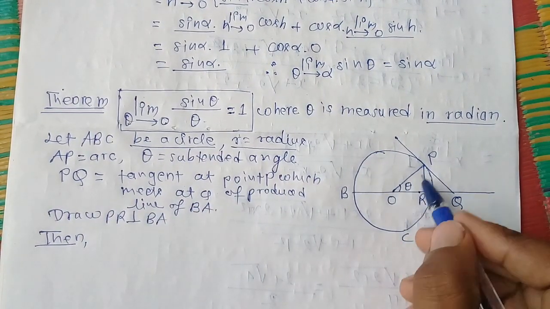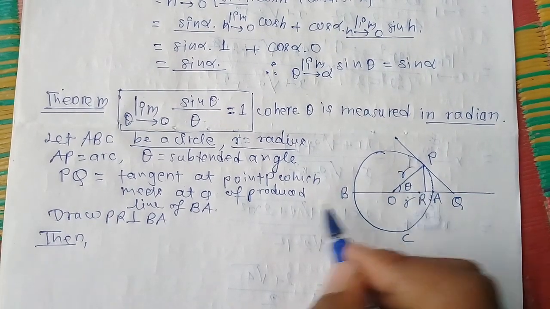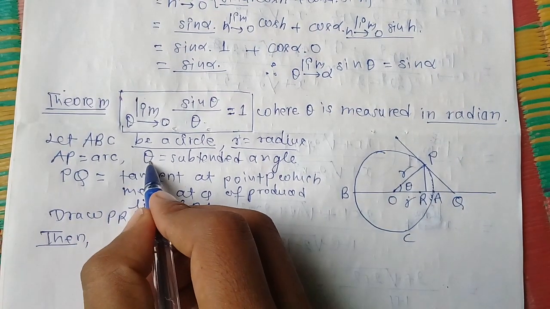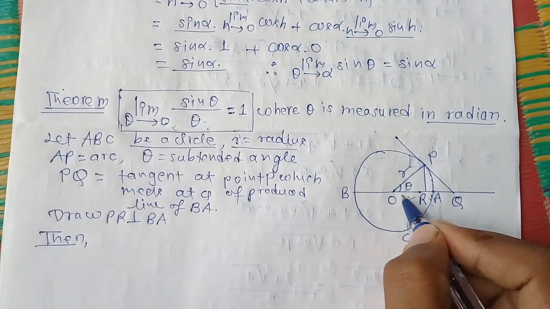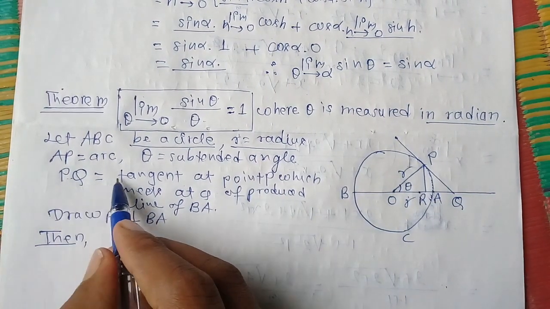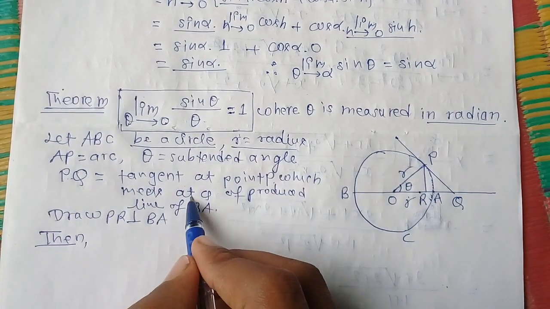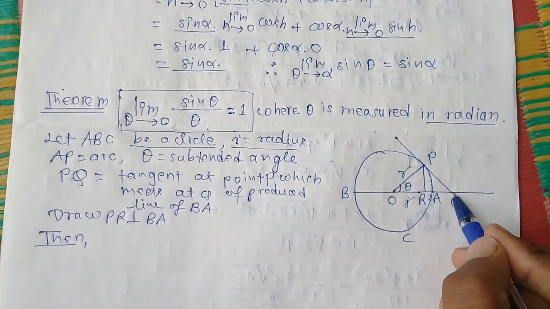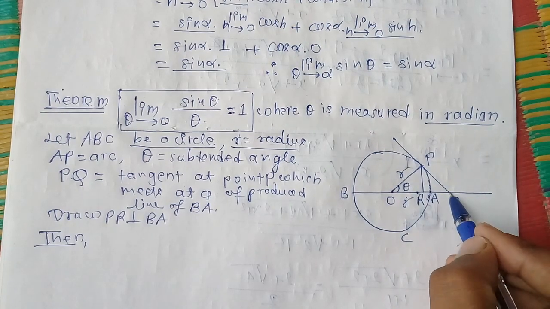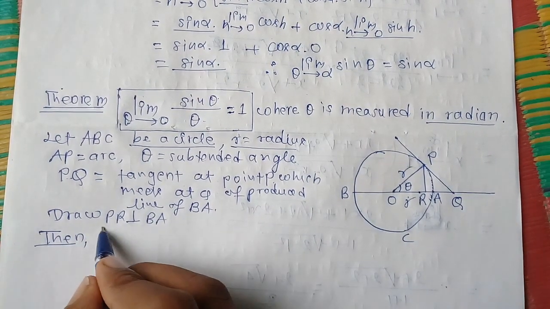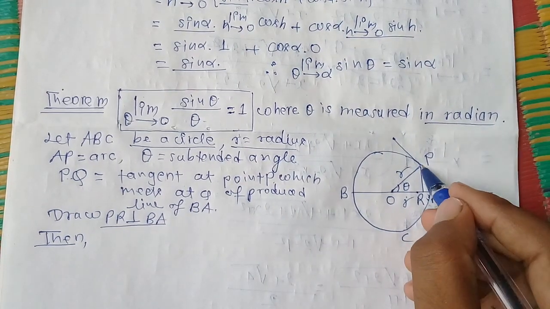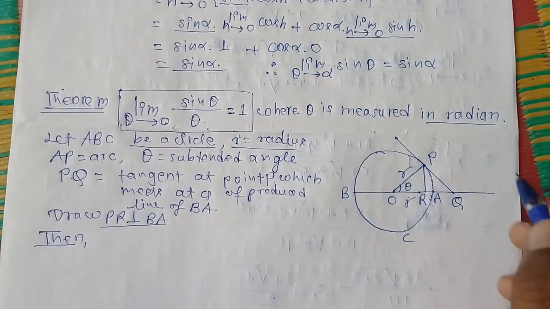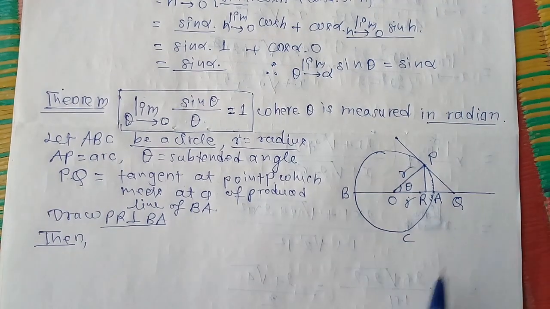Let ABC be a circle and r is the radius, that is OA, OP are the radius, and AP is the arc, and theta is the subtended angle. PQ is a tangent at a point P which meets at Q the produced line of BA. यो BA को produced line को Q मा, अनि यो tangent Q मा भेट्छ। सो draw PR perpendicular to BA, एउटा लाइन P बाट बिएमा परपेन्डिकुलर तान्ने। अब यही सर्कललाई हेर्ने।